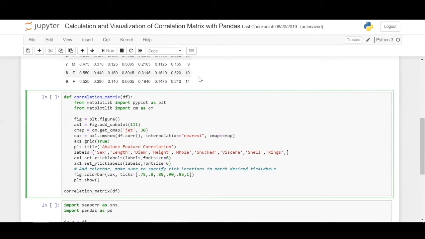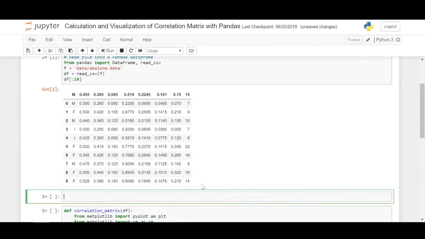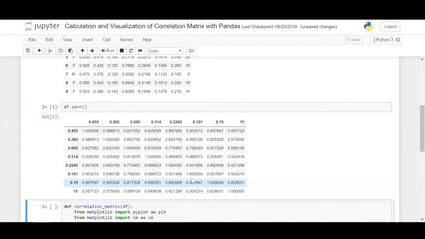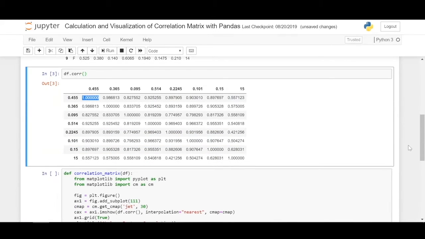First, Pandas provides a very interesting method called corr. This method gives all the correlations between various features in your dataset. The diagonal elements always have a correlation of 1. Multicollinearity is when two columns are highly correlated with each other.